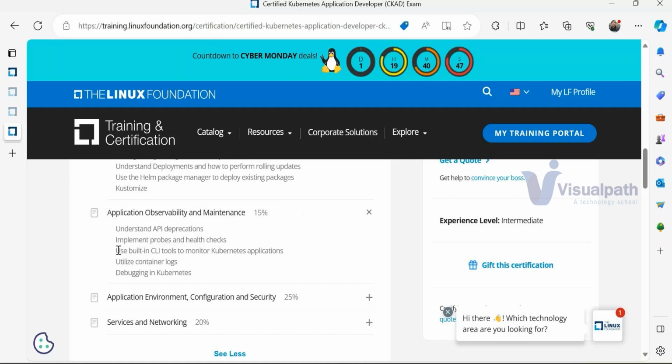Use built-in CLI tools to monitor Kubernetes. Anyhow, we have a monitoring tool, and then we utilize the container logs, all that. We'll be covering it in CK in much more detail. That's the CLI. Kubernetes has its own kubectl, which is a command line tool. I'll talk about it not in this session. CLI is nothing but a command line interface. Using that CLI, we'll do all the deployments, monitoring, checking the status, scaling, availability, all that.